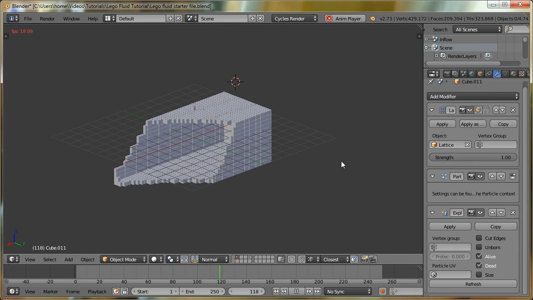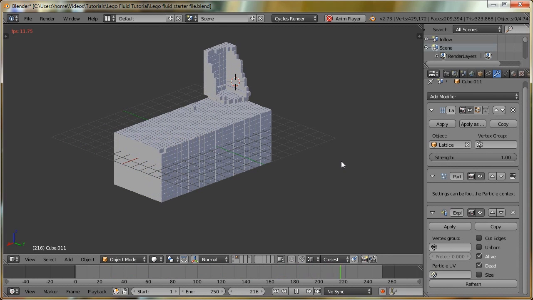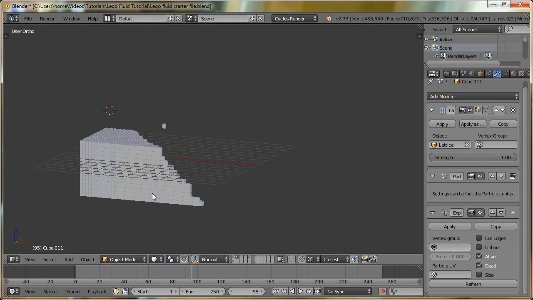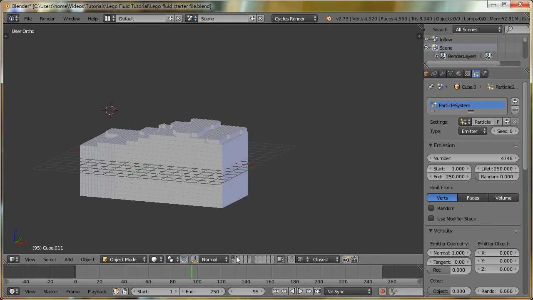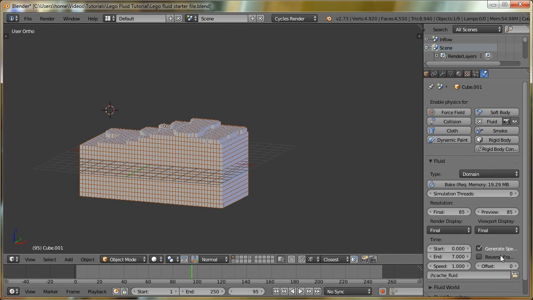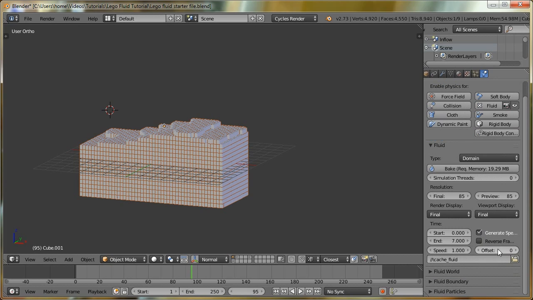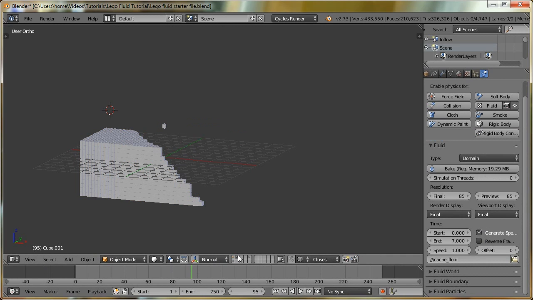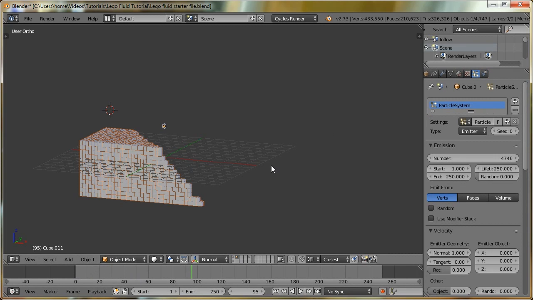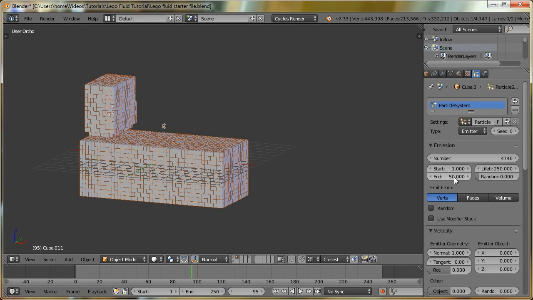And you can see our mesh starts to build up. So I would like to explain why we're using the whole timeline. We're using all 250 frames, and that's because, well, I can show you. If we were trying to do both the fluid simulation and the build up in the same timeline, we might use the offset feature in the fluid simulation, and we might set that to something like -50. And that would push the simulation up 50 frames, and we may then think, oh, well, we'll have the build-up effect in the first 50 frames. So if I set the particle system to emit within 50 frames,